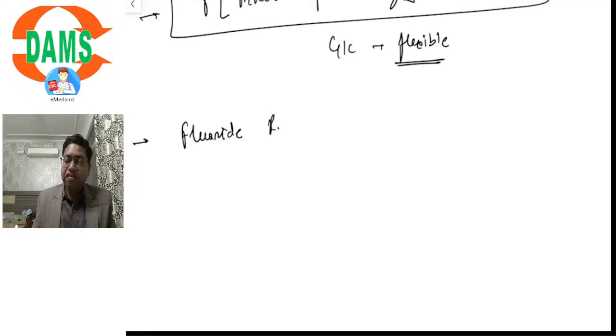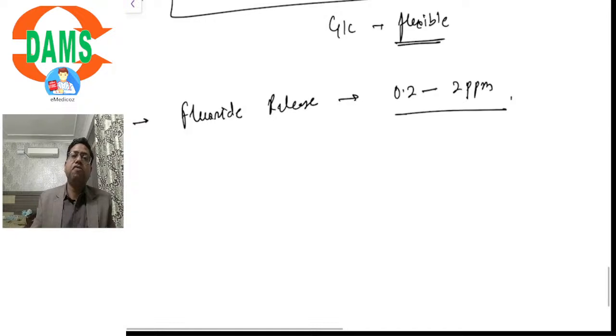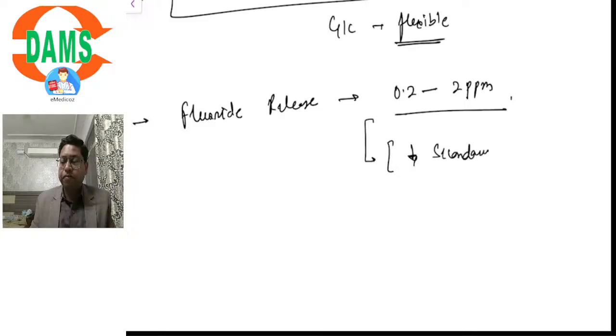Fluoride release happens whenever the local pH around the GIC falls. The amount of fluoride released from a typical GIC is in the range of 0.2 to 2 ppm. This contributes to certain inhibition of secondary caries, or we can say anti-cariogenic property. But this inhibition of secondary caries is limited